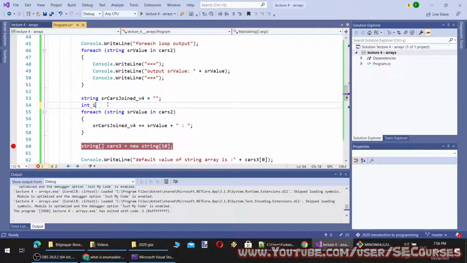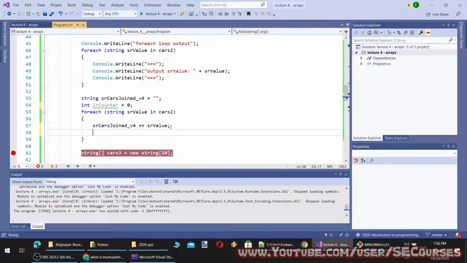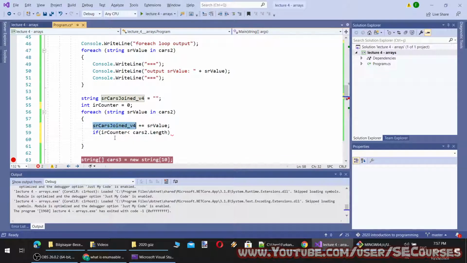So we are going to remove it. Smaller than. Then, okay.